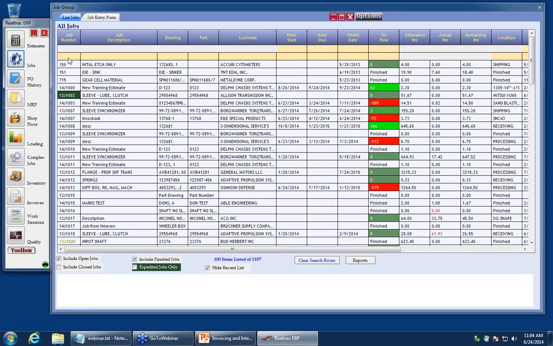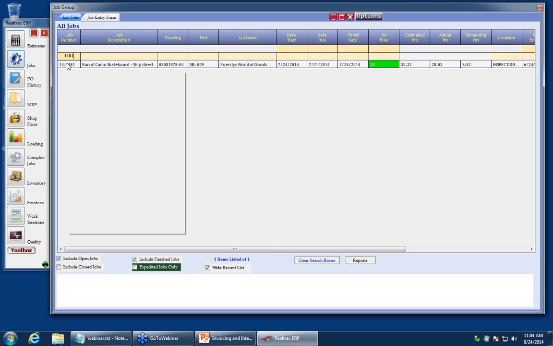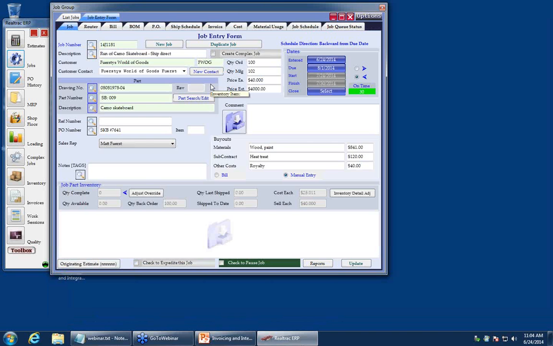System, pull it up. I'm going to use our search interfaces to find my job. So this is a job. I'm building a skateboard. I'm a skateboard company, we'll say. I produce skateboards. I've already given this job my customer and my drawing, parts, and description information for what kind of skateboard I'm building. If we take a look over